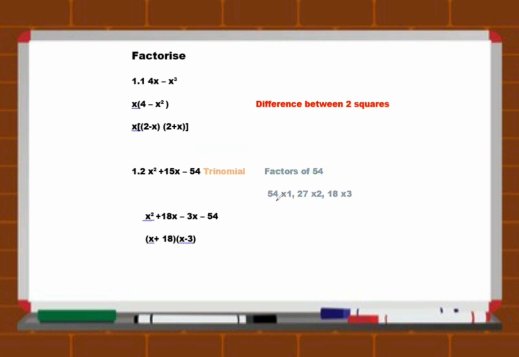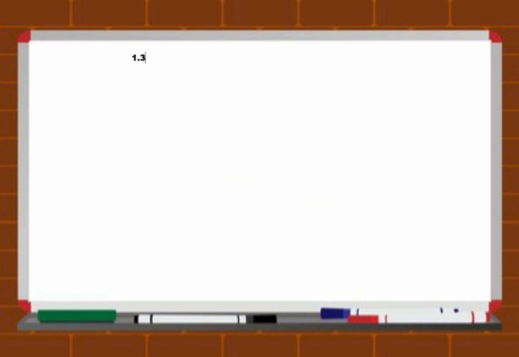Right? So let's go to our third question. Let's say here they give you y minus xy plus x minus 1. So here, which law are you going to apply? You're going to apply factorization by grouping,